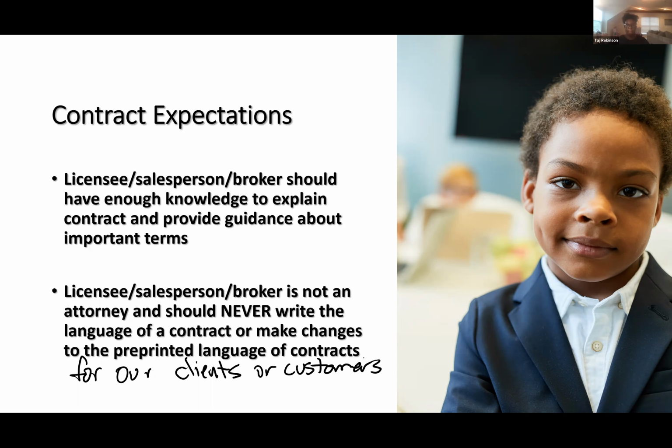Yeah, for sure. So the best advice, even though they can make the change, is always, why don't we have you consult an attorney here and get their advice on this change that you want to make. The problem with contracts and making changes is there's a lot of things in contracts that refer back to a previous paragraph. And I've seen this happen where somebody's like, I don't like this paragraph, and they just cross out that paragraph. Well, then there are 5 other paragraphs in the contract later on that refer back to paragraph 13, which you